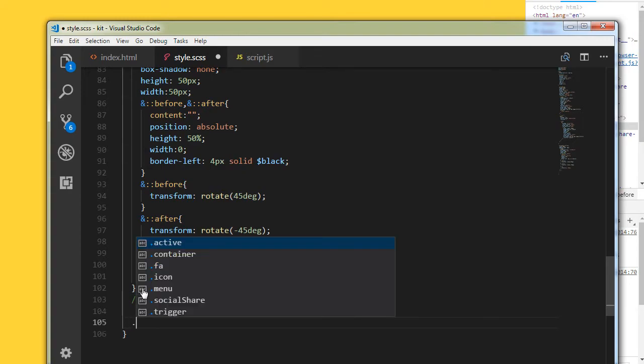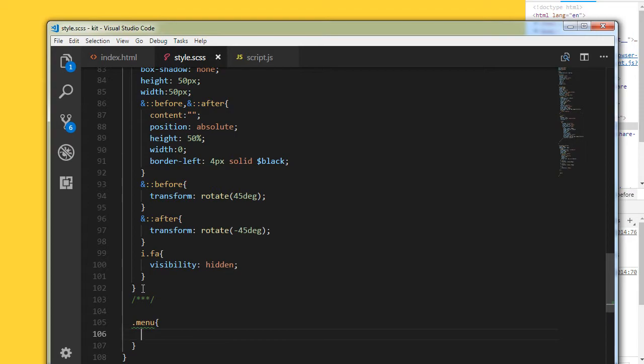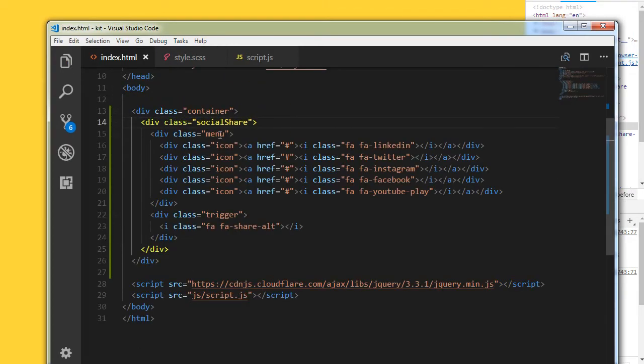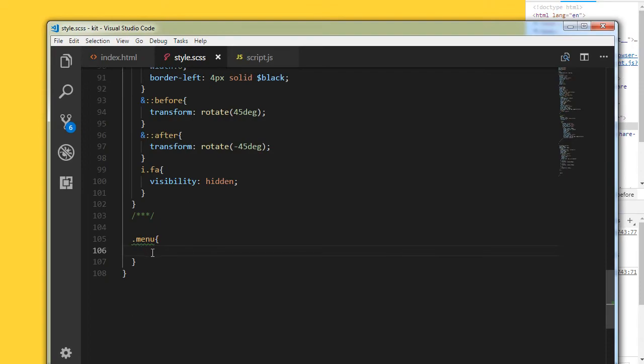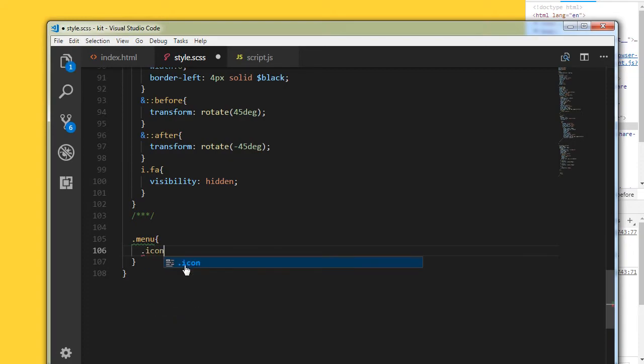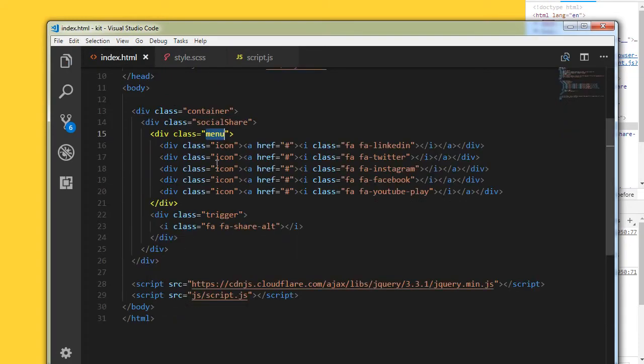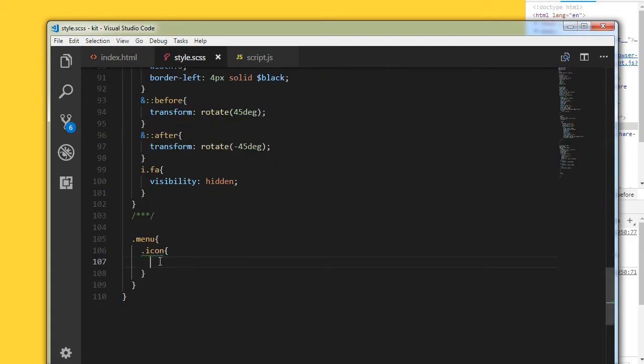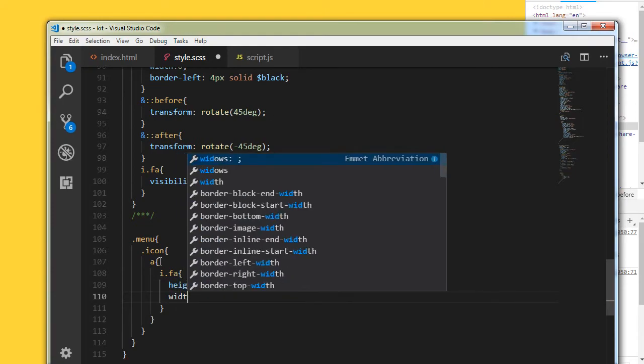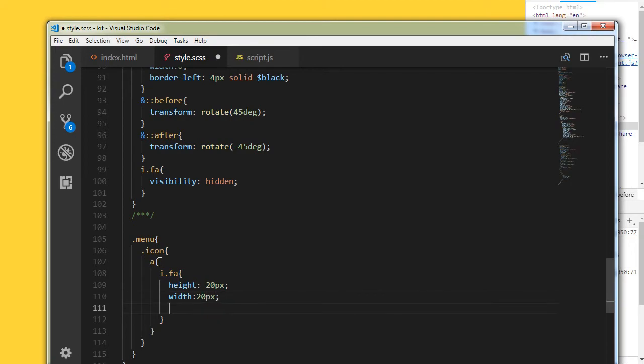Next we need to target the menu. Here is the icon section. We need to reveal the icons one by one. To do that, I am targeting dot icon, and the anchor tags and the icon inside the anchor. Initially we'll set the height to 20 pixels and also width to 20 pixels. We'll apply some padding, 0.5 rems. So when I click on save,